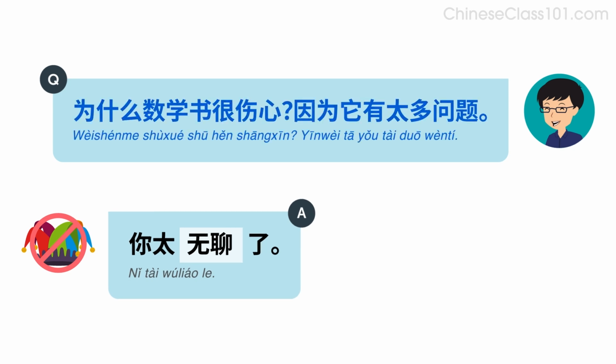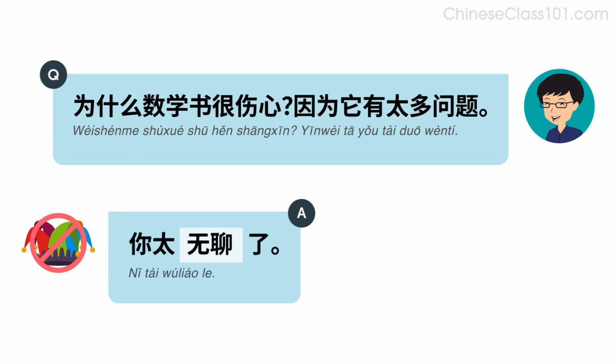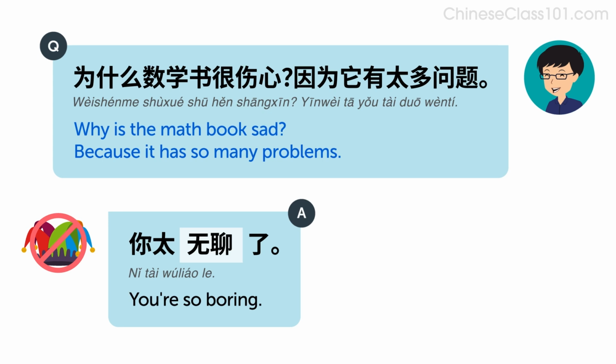为什么数学书很伤心？因为它有太多问题。你太无聊了。Why is the math book sad? Because it has so many problems. 为什么数学书很伤心，因为它有太多问题。You're so boring. 你太无聊了。